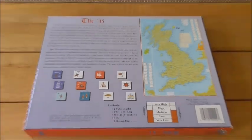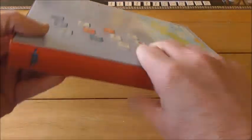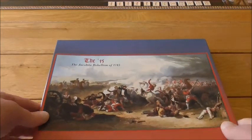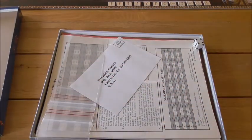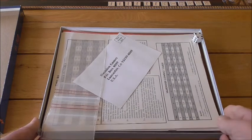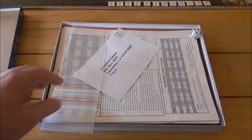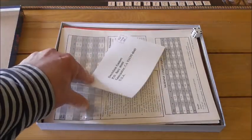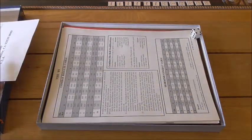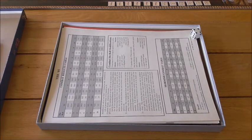So, brought it home, but I had a quick look inside the store, but you can't really tell from there. When I did get home, the first thing I did was go on Board Game Geek to see if there's anything about this game. Some baggies, they're still there, look. Decision Games. And the only thing I could find was a